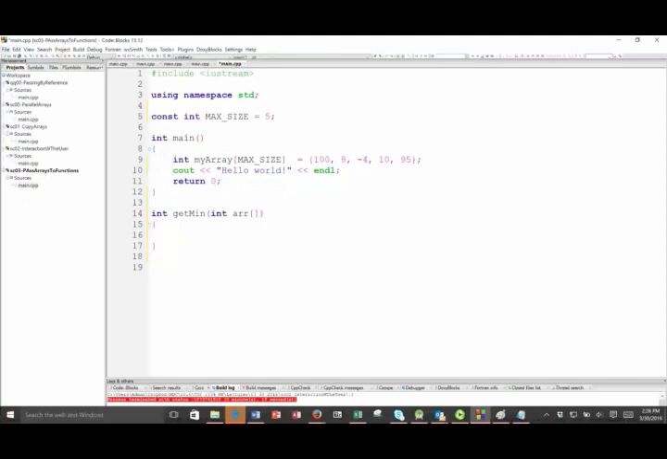All right. So I pass this array, and then here I'm going to have a local variable int my min, and I'm going to set that to the first member of the array. So it's arr sub 0. Then I'm going to loop from the second position to the end and compare. So I'm going to say for int i is 1, i is less than, here we're going to use max size, and then i++,